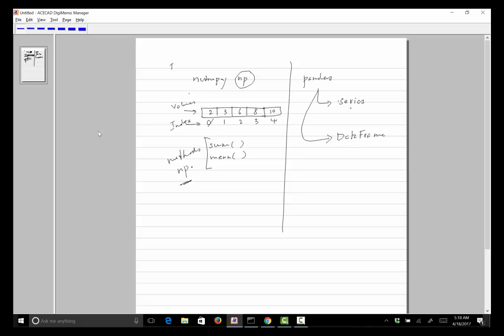While with Pandas, the way you can visualize a series is again a one-dimensional array. In Numpy, you can make it into multi-dimensions, but with a series you think of a name for this. So for example, we'll be looking at states,